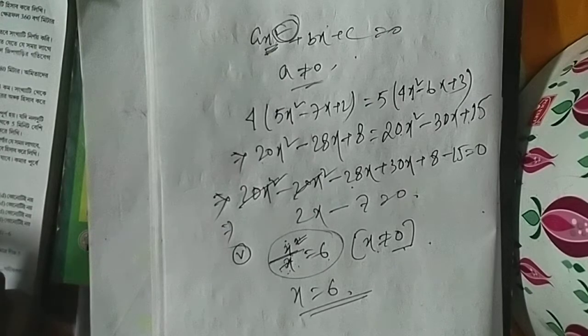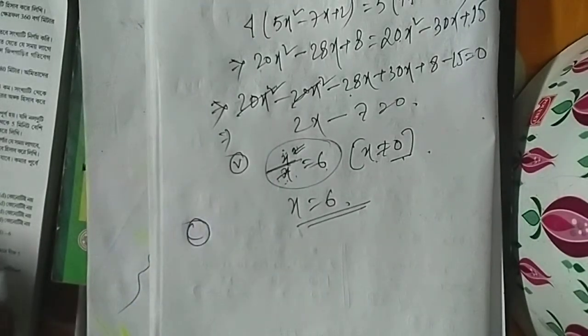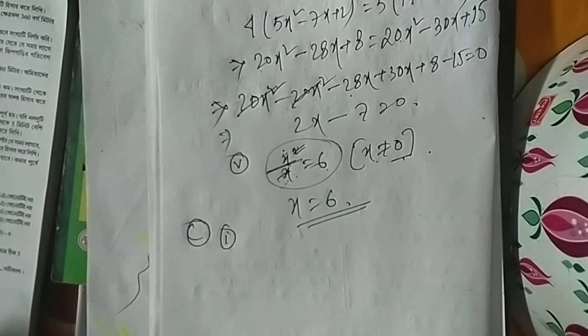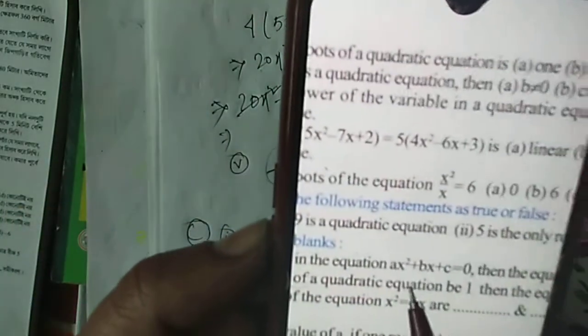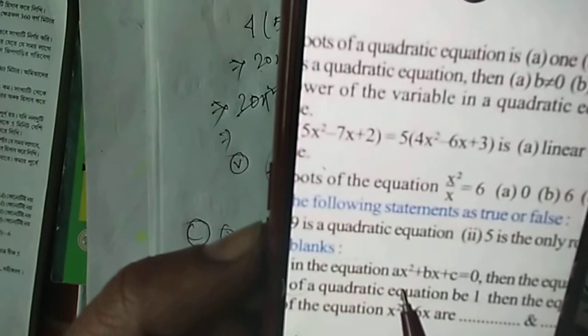Okay students, now I will discuss question number C. Here given that question number 1, C of 1: given that a equal to 0 and b not equal to 0, then the quadratic equation ax square plus bx plus c equal to 0, the equation is a dash. Everyone see that here a equal to 0 means the term of x square will be vanished, and b is non-zero, therefore bx plus c equal to 0. Then the equation will be bx plus c equal to 0.